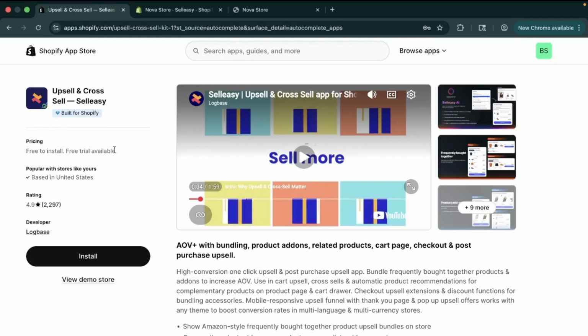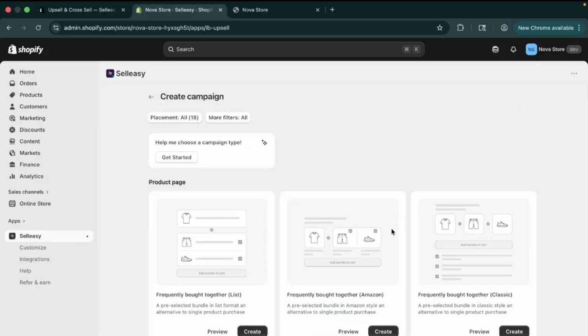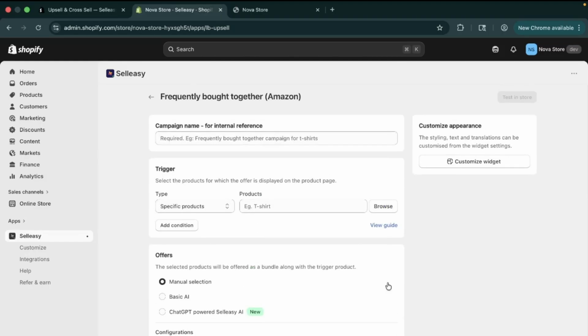So after installing the app from Shopify App Store, you can see the app section consisting of the app details. So there is a dashboard of the app showing up here. So click on Selleasy app and click on create campaign. Since we are focusing on the frequently bought together campaign, it may be a list type of one like this. The preview you can see here, and the design wise it could maybe be an Amazon view or maybe a classic one to have. So I'm just planning to have the Amazon kind of a product purchase alternative one. So I'm just clicking on create, and you can just go with the